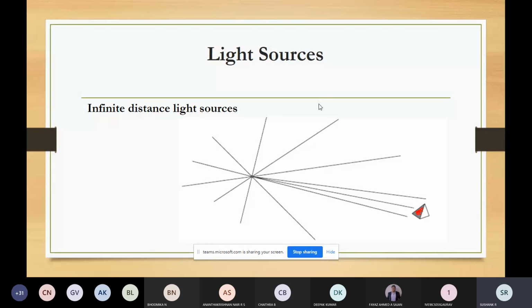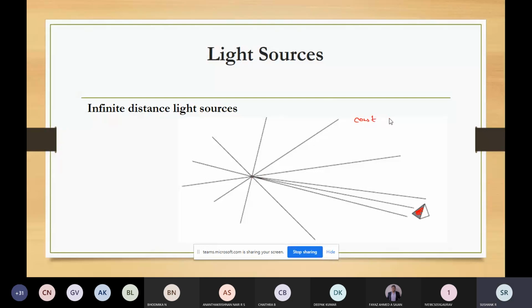So in contrast to the light source in the middle of the scene, which will illuminate all the objects in a scene, these kinds of illuminations will illuminate the scene from only one direction. So one thing you can assume is that the light from any point of these sources can be constant. That assumption you can make.